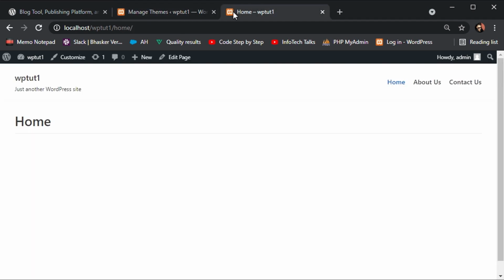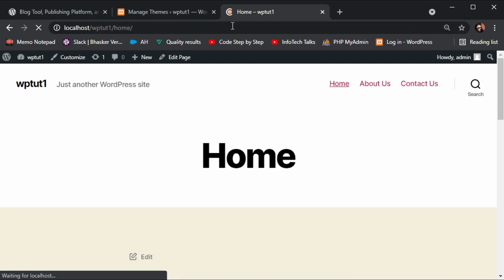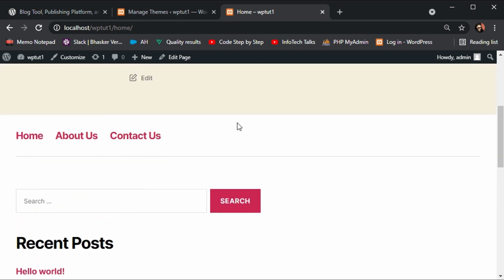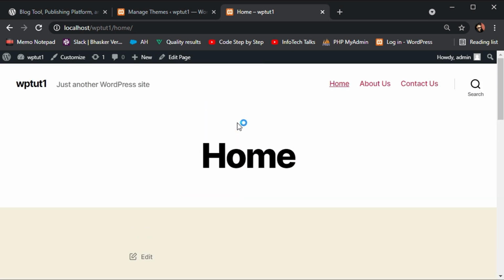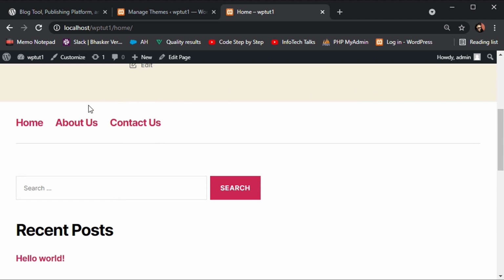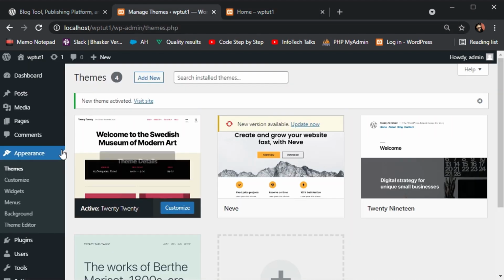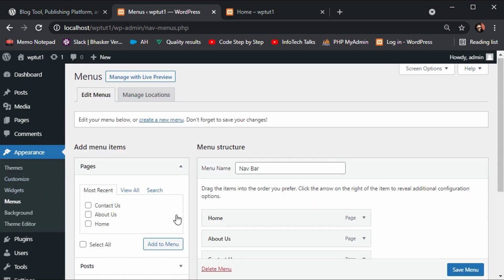Now refresh your page. So you can see the look and feel. Okay, now one more thing you can see here is this theme gives us option twice to display the menu. One is here in top row and another is here in the mid. So that completely depends upon the theme you are going to use. Okay, and you will see the menu option will also be different, and that completely depends upon theme.